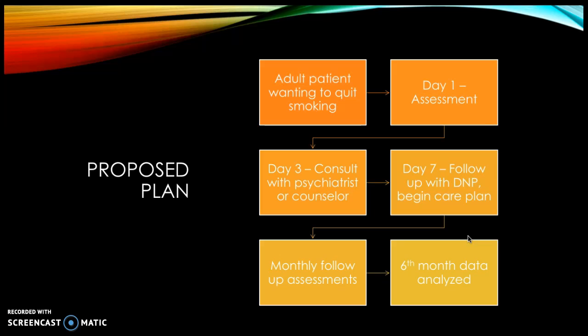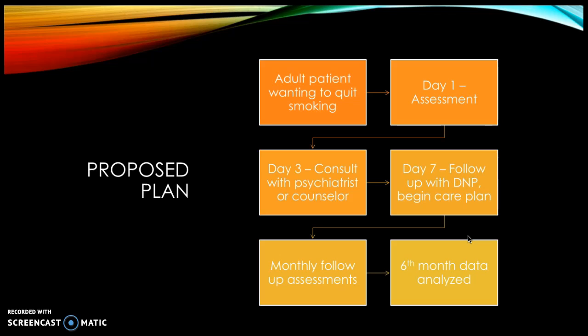The DNP will propose a 6-month plan for quitting smoking to the patient. The 6-month timeline begins the day the patient is assessed. The first step will be delegated to the DNP's nurse to assess the patient for readiness to quit smoking. The patient's assessment results show that the patient is ready to quit smoking. The DNP will educate the patient on risk factors of smoking, showing videos of tar-filled lungs from smokers, information from